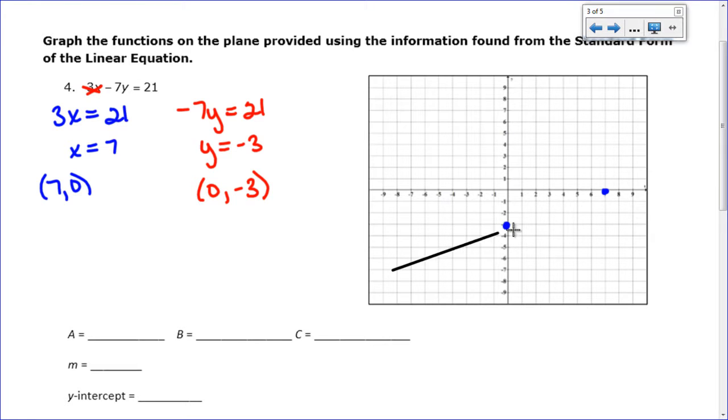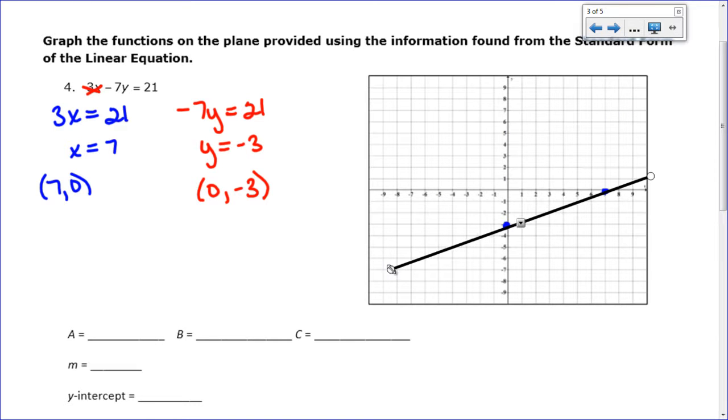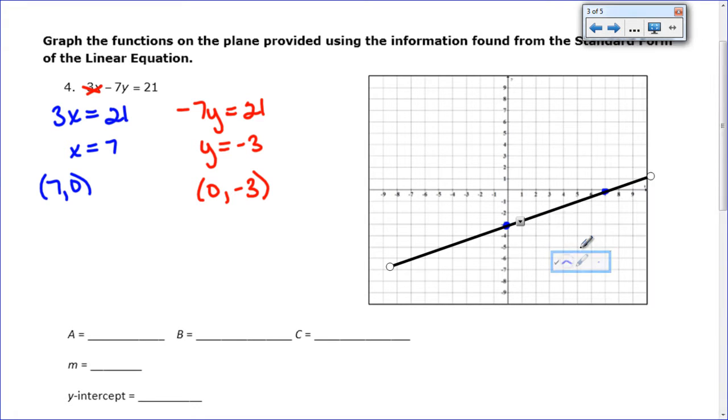And so I have my line, I'm going to make my graph, and so there we go. And since it's just an equation and not an inequality, I don't have to worry about where to shade, up, down, whatever. That's my line. Now, if I wanted to do it the other way, and I'm going to because I need to fill in